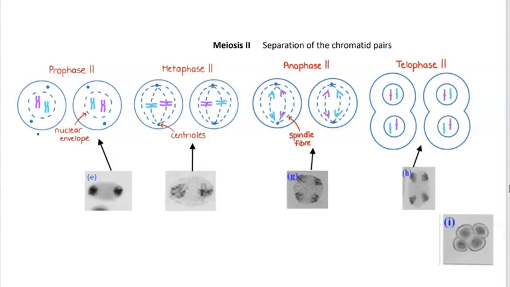We have 2 cells at the beginning of prophase II. There's no particular delay or interphase between meiosis I and meiosis II, so we're straight into Prophase II and Meiosis II, in which we're going to see the separation of the chromatid pairs. And so we expect to see those two purple chromatids separated and the two blue ones. Okay, so as we go into Prophase II, the